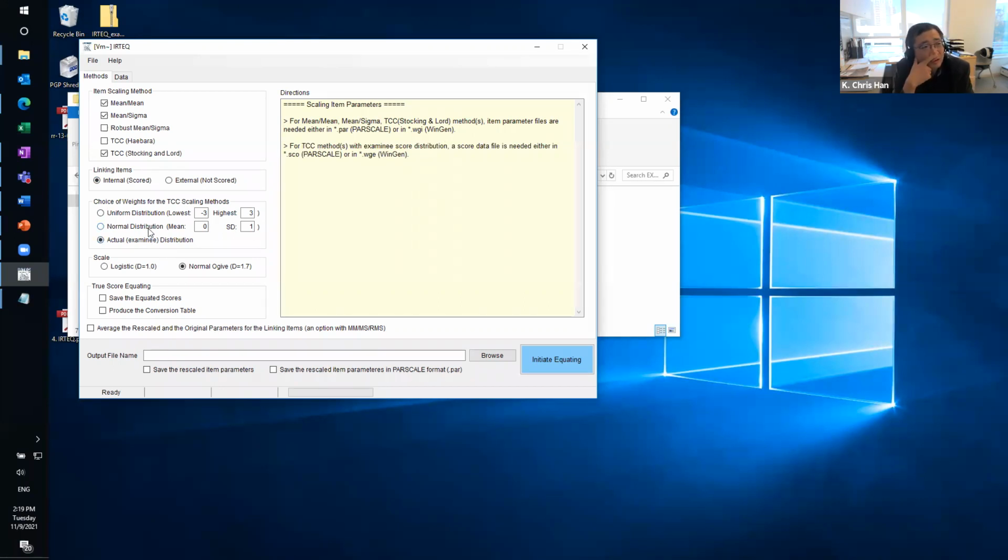The original method proposed by Stocking and Lord and Haebara both actually proposed to use actual individual test scores, individual test data. But if you know the shape of your score distribution, you can simply use normal or uniform. That's totally fine. Usually the use of normal distribution tries to minimize the difference in the magnitude of the loss